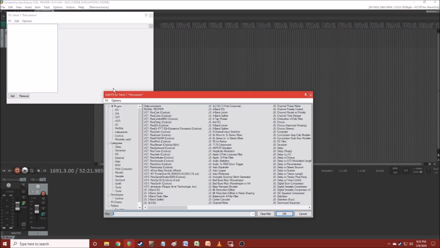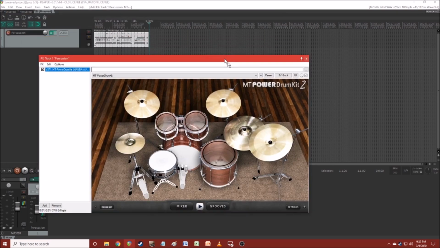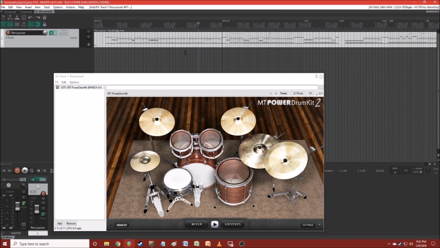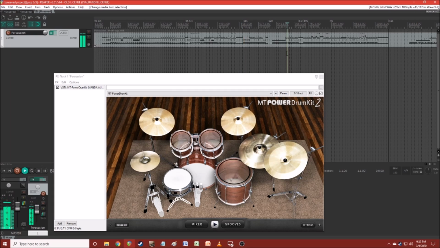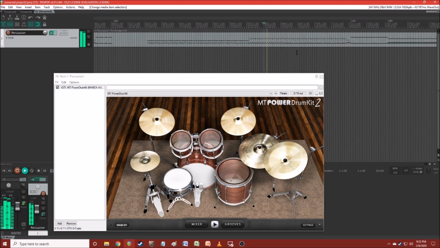So now here, let me go into the effects again and load Empty Power Drum Kit. Now if I go into some random part of the song and I play it, you can hear, or if I skip somewhere here,